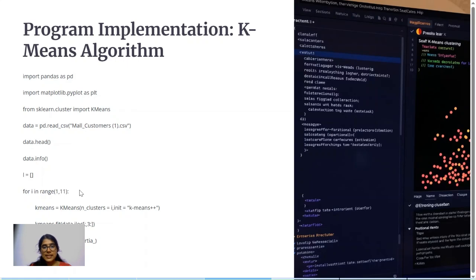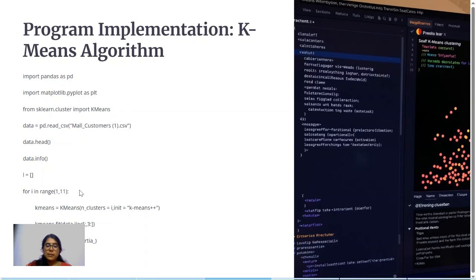So the given data, I'm first having all the data as a whole in one cluster. Finally, each data point I will be segregating into its own cluster. And then I'm going to measure the error which happens due to this, and I'm going to plot a graph and find out which is the best possible cluster count. So in KMeans, I'm passing i into the n_clusters attribute of the KMeans function. So each time it's going to segregate the data as 1, 2, 3, so on up to 10.